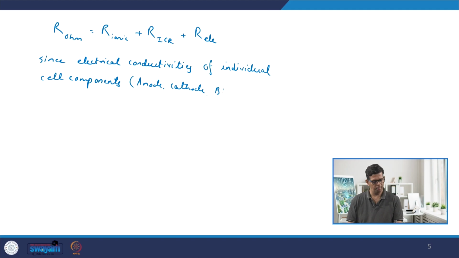Then we have the bipolar plate anode and bipolar plate cathode, etc. We can also include the current collectors if needed. So, all these electrical conductivities of the cell components are very high,